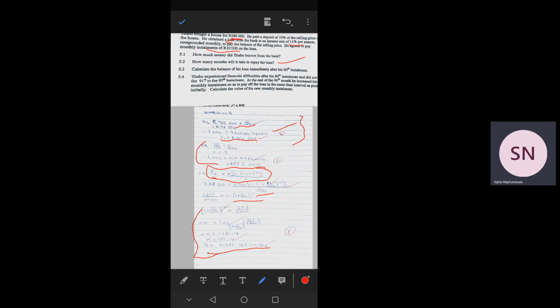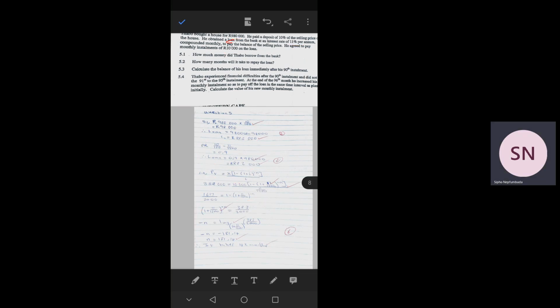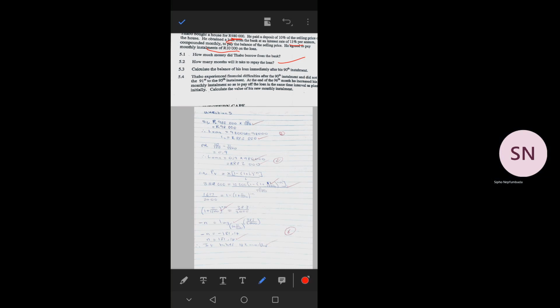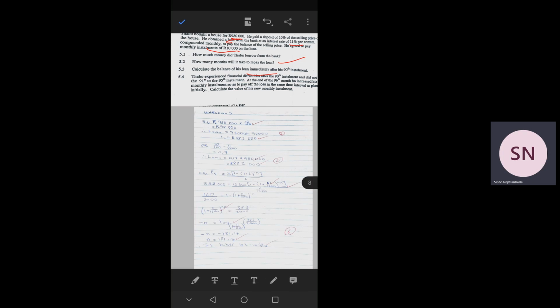So now we proceed to the next question. Calculate the balance of his loan immediately after his 90th installment. So now,